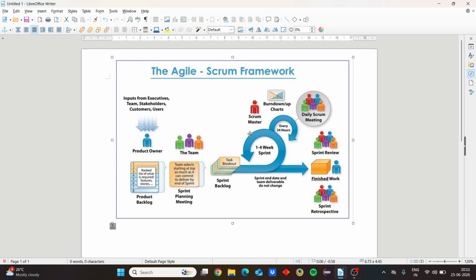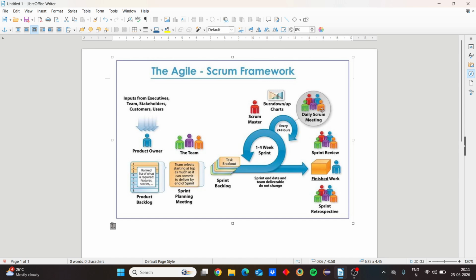So here is the daily scrum meeting. The daily scrum meeting is conducted by the Scrum Master. The Scrum Master is the responsible person for creating the daily scrum meeting